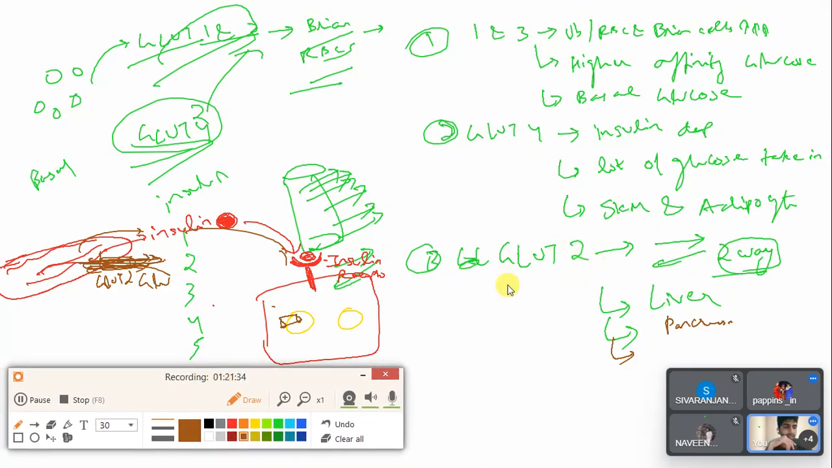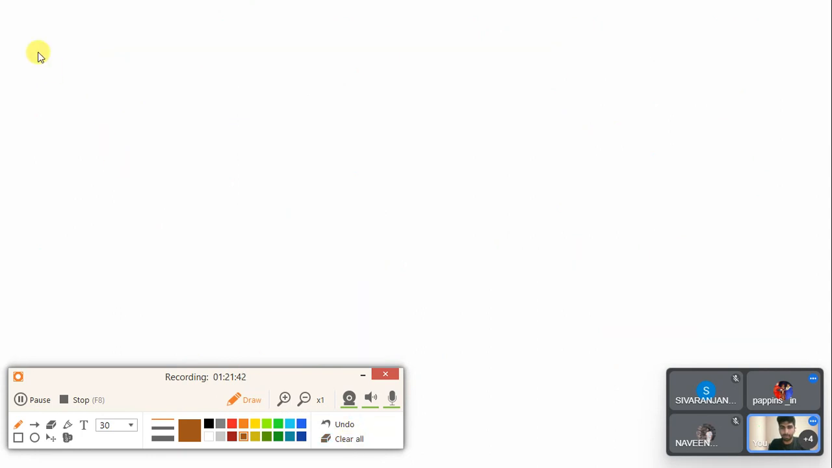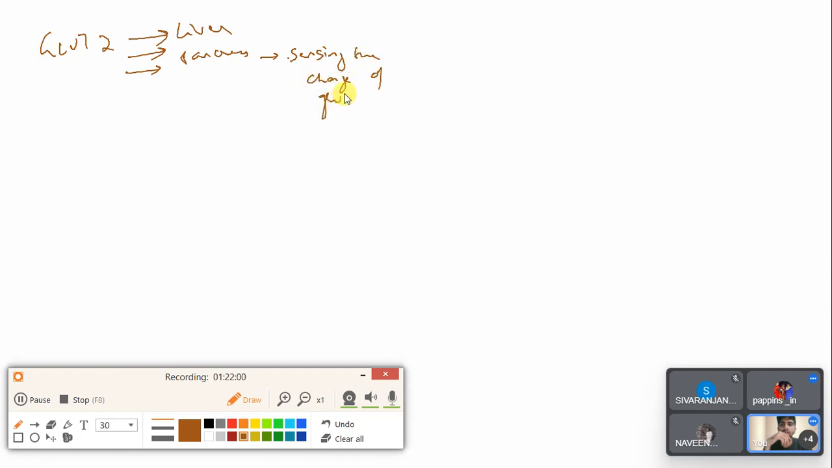So now, liver. Let's talk about that. We were talking about GLUT2, and it's present in the liver and pancreas. In the pancreas, the role of GLUT2 is mostly sensing the change of glucose. Now in the liver,